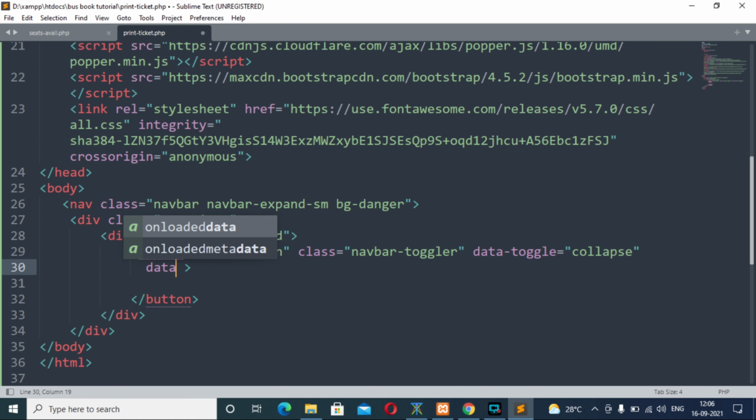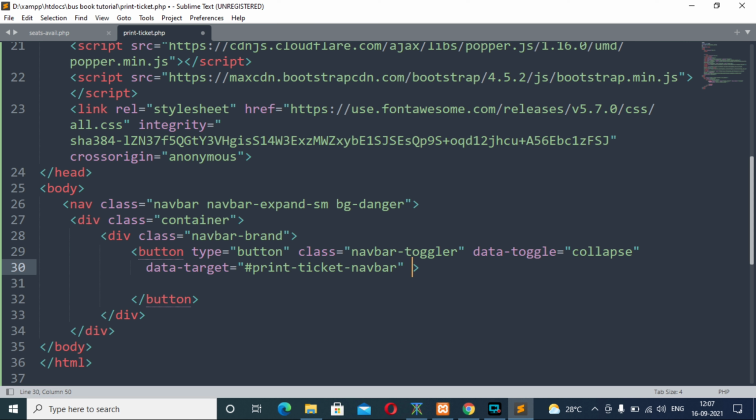So data-target, and the value will be hashtag printticket navbar. Now close this angular bracket which is of the button tag.